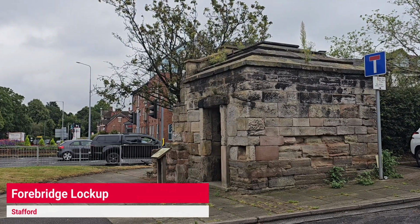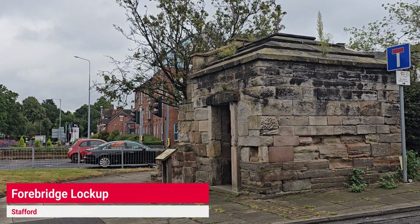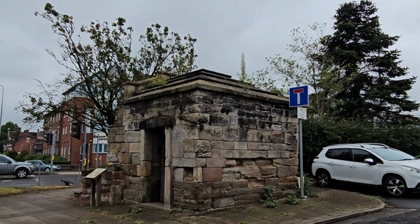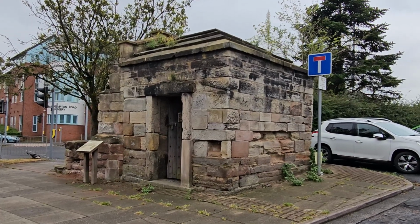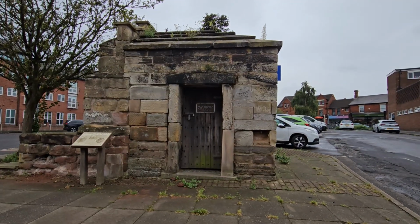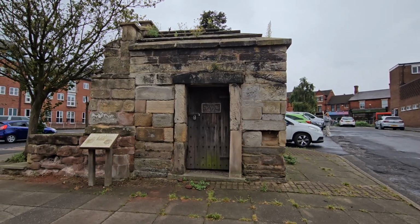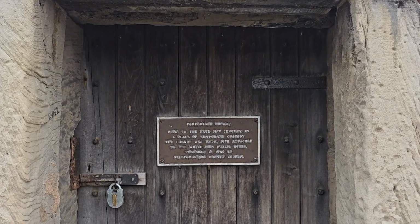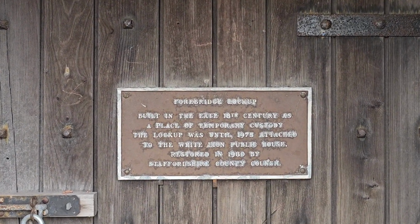As you've sat in traffic in Stafford, you may have noticed this small brick building and wondered what it was. This is the Forebridge Lockup, and basically, it's just a tiny little prison. Lockups were usually small, secure structures, and they were used historically to detain local drunks, vagrants, or other minor offenders temporarily. They were very common in rural areas during the 18th and 19th centuries as a sort of basic form